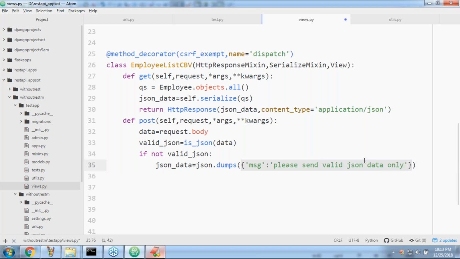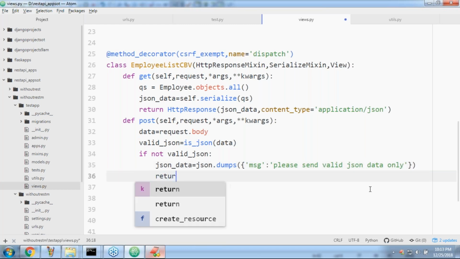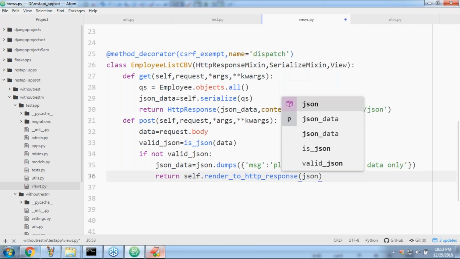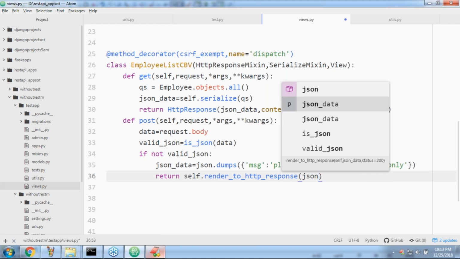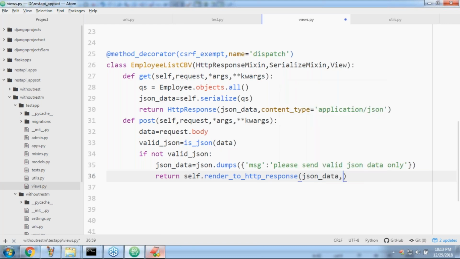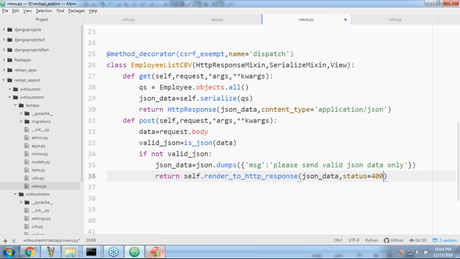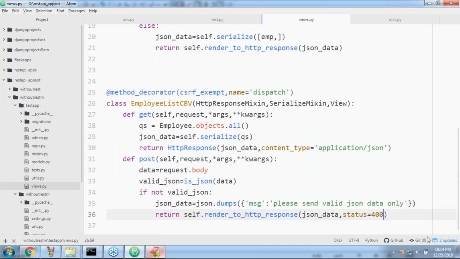This Python dictionary will be converted into JSON data. Now return this data to the partner application: return self.render_to_http_response of json_data, comma, status is equal to 400, because it is the client side mistake.